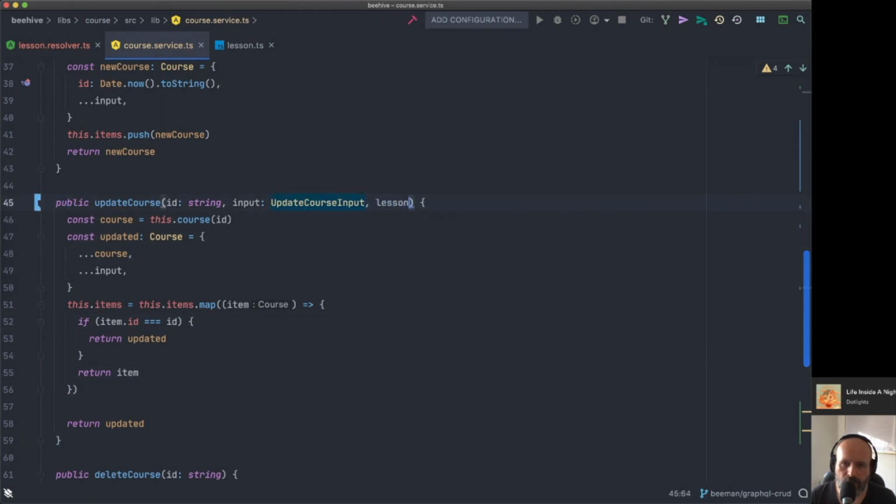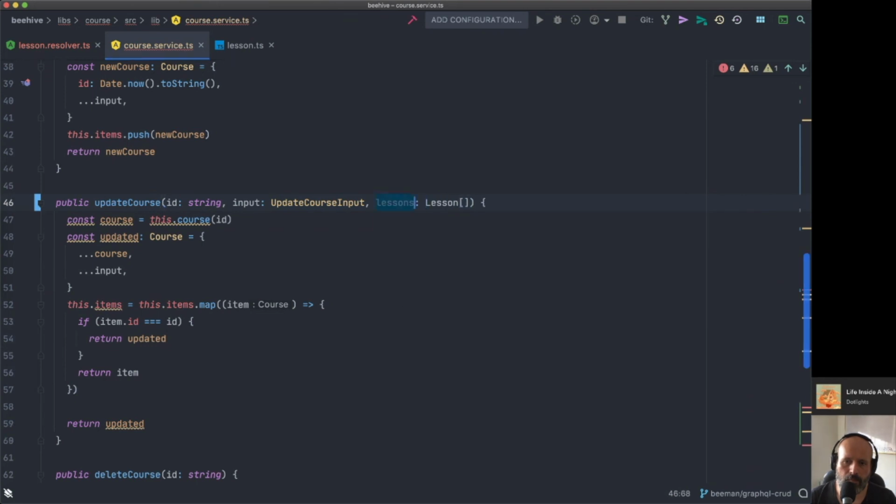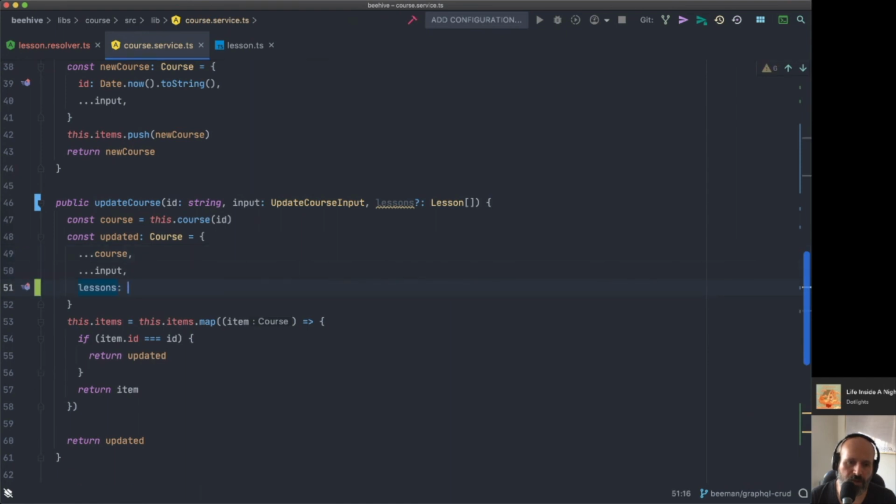And what I'm going to do is add an optional parameter here. And I'm going to say lessons here equals